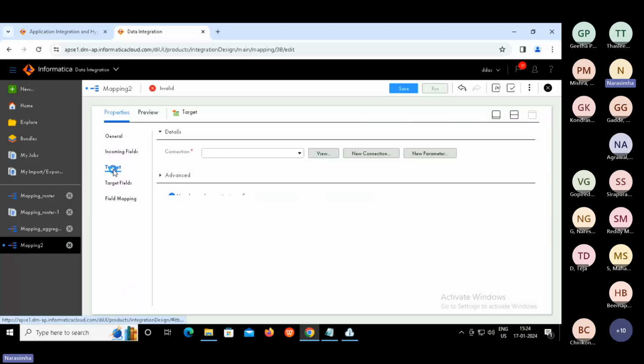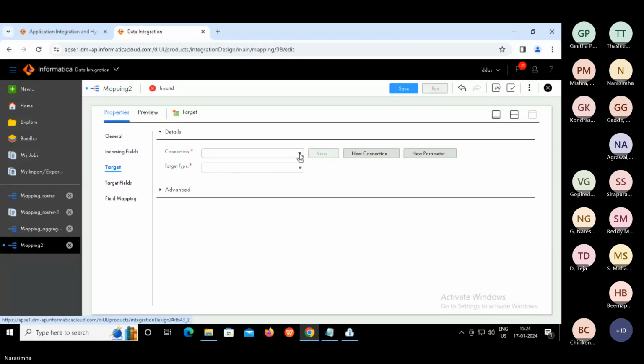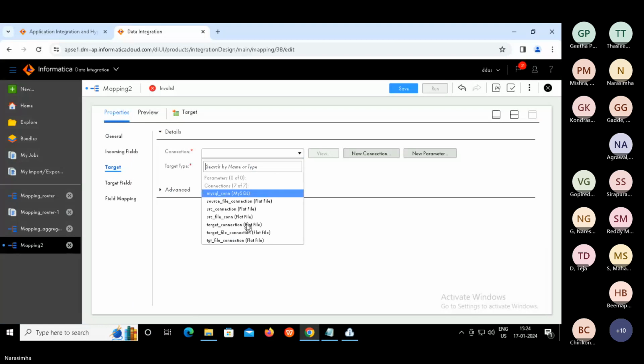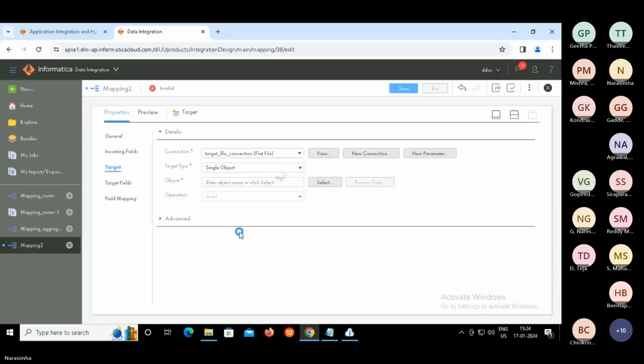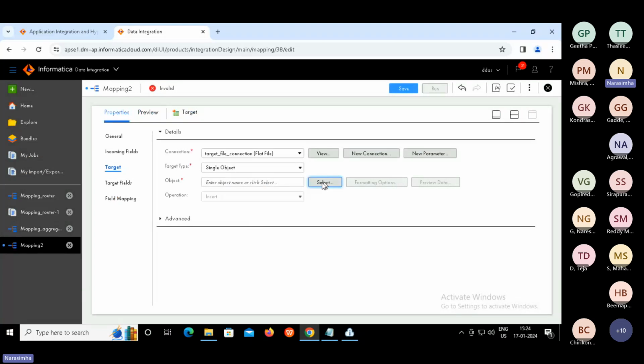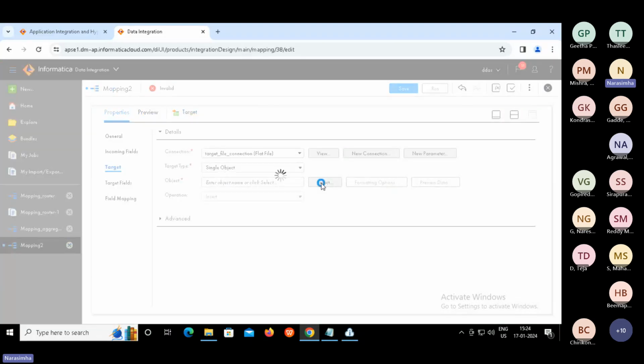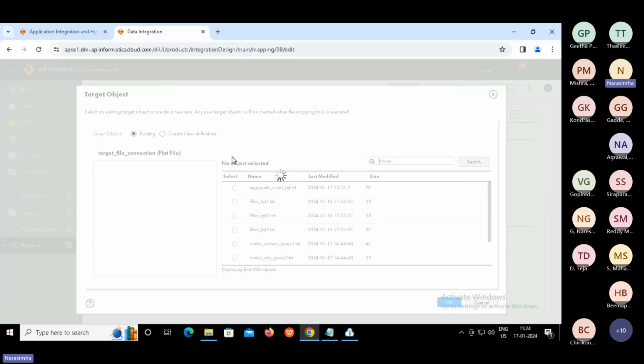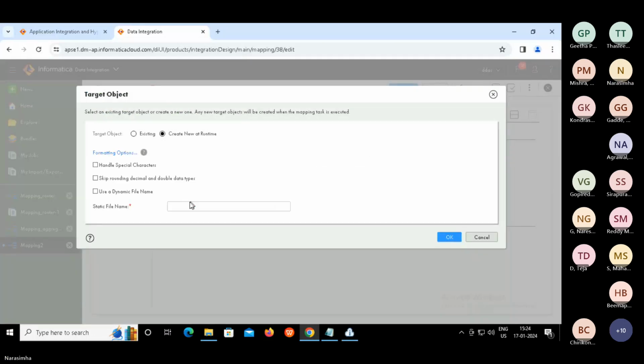So go to target and select target file connection. Specify target name. This is straightforward, right? Because we have done a couple of examples. So we can put here aggregate underscore sum dot txt.